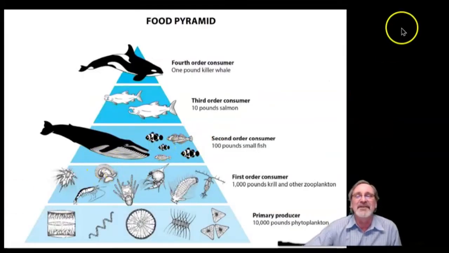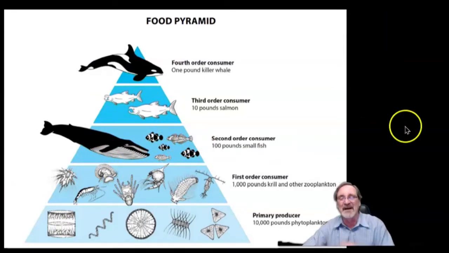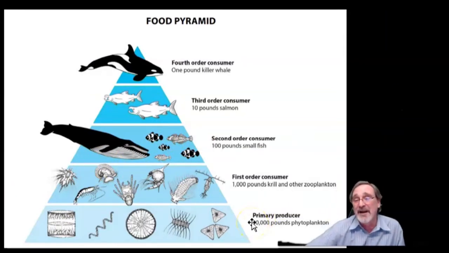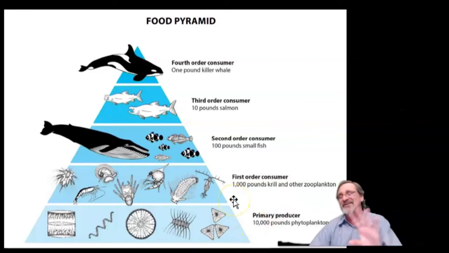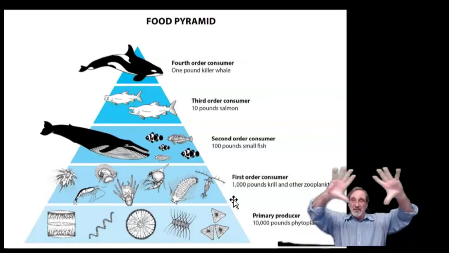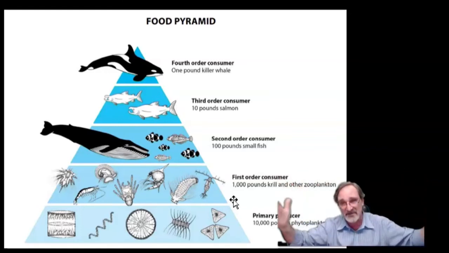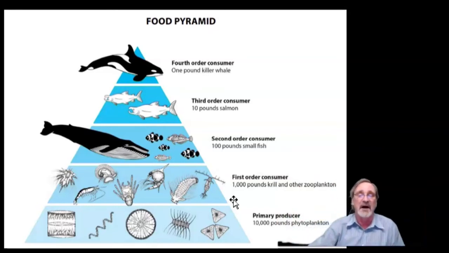Then we get to the food pyramid here. This is one I'm going to have you have some questions about here. This is a marine biome. I just want to mention a couple things. I shouldn't use the word biome in this case. Let's just say ecosystem. And a biome is a big area on the earth of a particular kind of ecosystem, like desert or plains or whatever. But the ecosystem here, food pyramid, they're using that terminology.